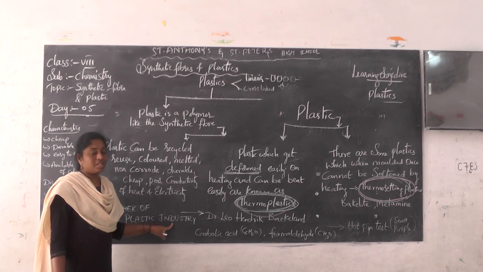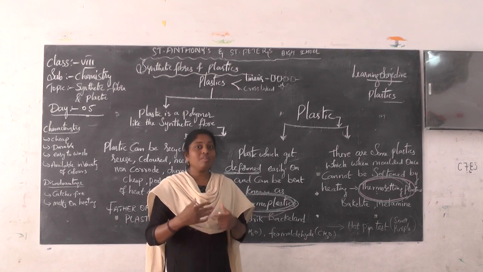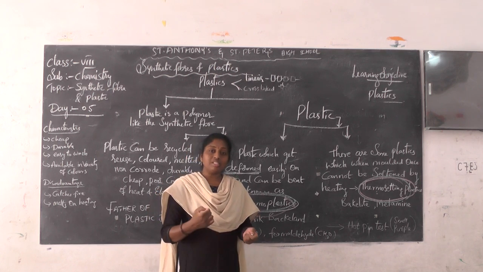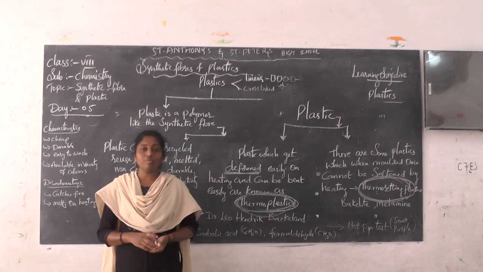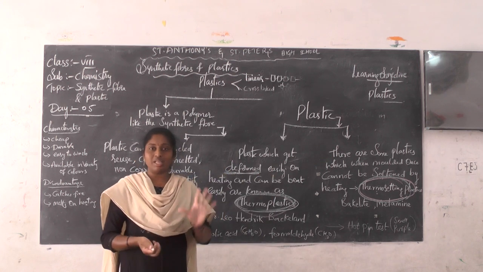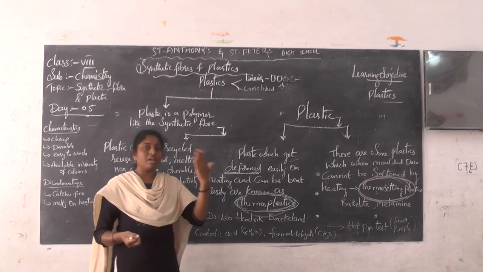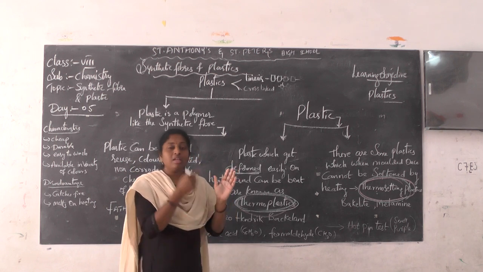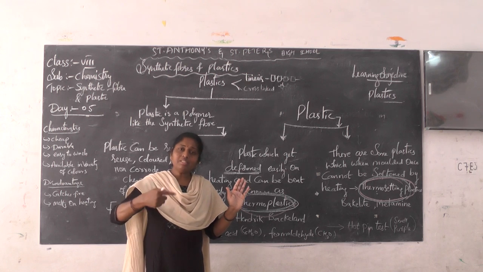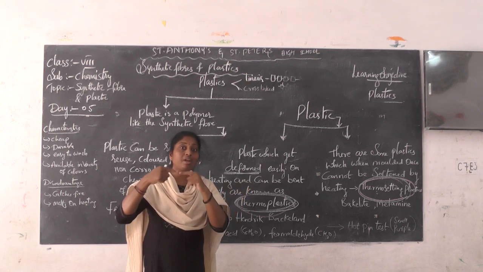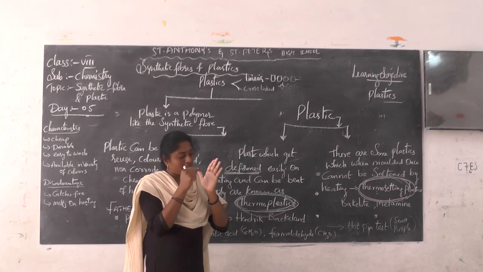Who is the father of the plastic industry? Dr. Leo Hendrik Bakelite. Then he gave verification by a small test called the hot pin test. For this hot pin test, what do we have to do? We have to take thermosetting plastic, maybe a plate or any container, take a small piece, then take a small wire and pass heat until the wire becomes red hot. When it is red hot, select one place and press the pin there.